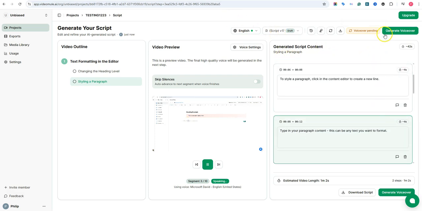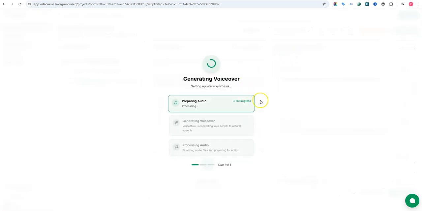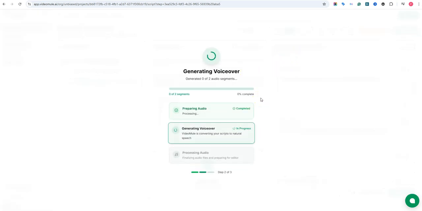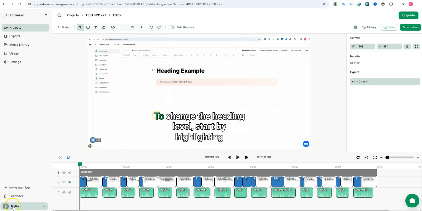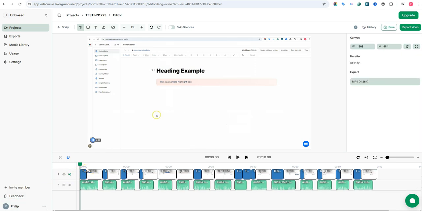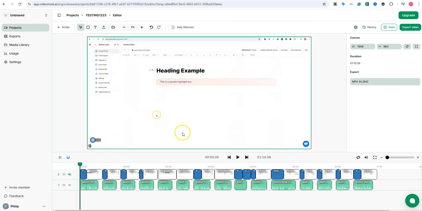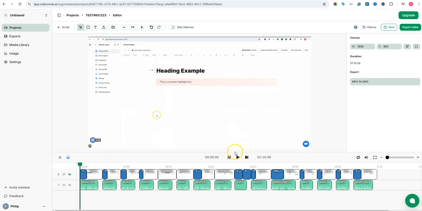Okay. And then here, click on generate, and this then actually creates the real audio version that you will use as the real one. Okay, and I'll come back in a second. And here we are. Okay, so now what I'll do is quickly delete the captions here. Okay, and you can see here, if I play this now, you can see and hear that it's actually